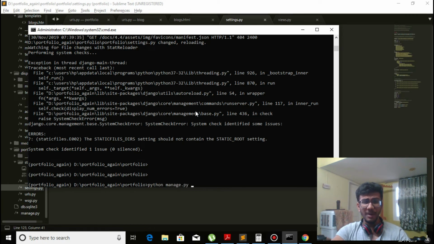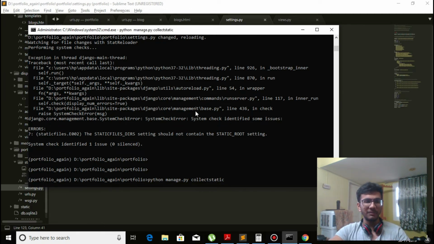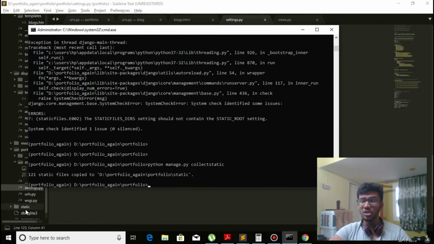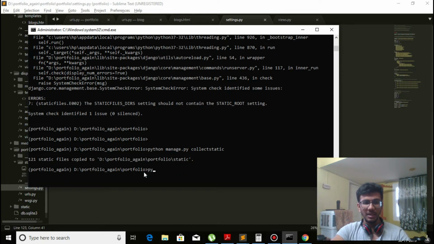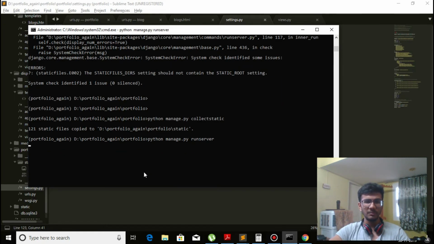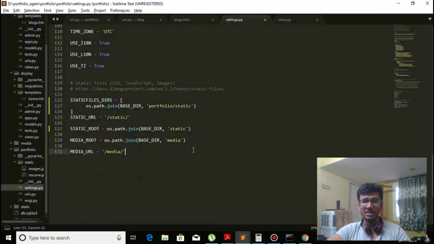First of all, we have to write python manage.py collectstatic, so it will assemble all the static files and a new folder will be created as you just saw. It's done. And if I write python manage.py runserver, okay, it's running, but to see whether we are actually able to load the static files or not,